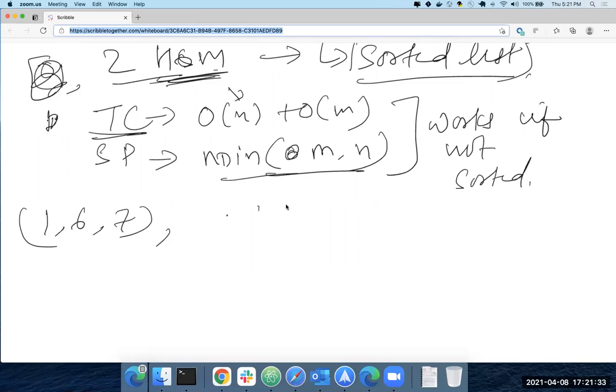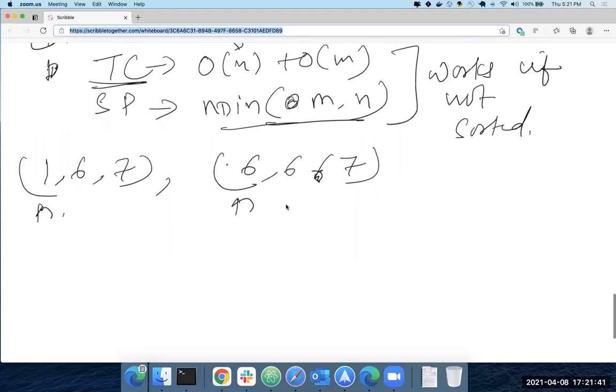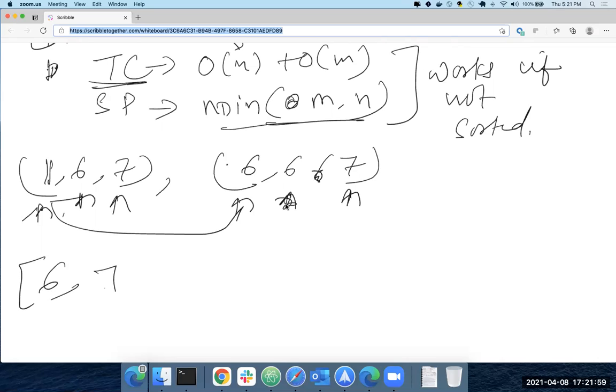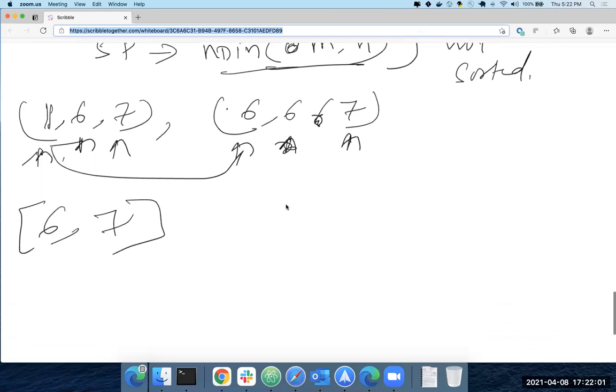Question. If you have 6, 6, 7, so basically you have this here, right? The first check will be the same, then you check these two. This is less, so you increase your pointer. These two are the same, so you add it to your result and increment both the pointers. Now since this is less, you increase this. Now they are the same, you add 7. So this is O of n plus m.